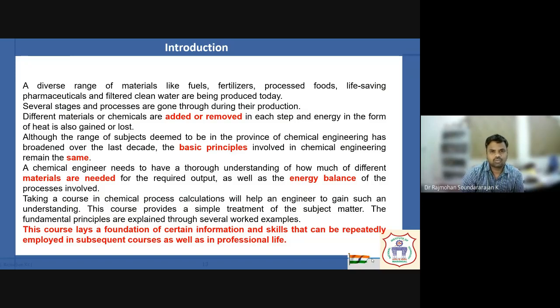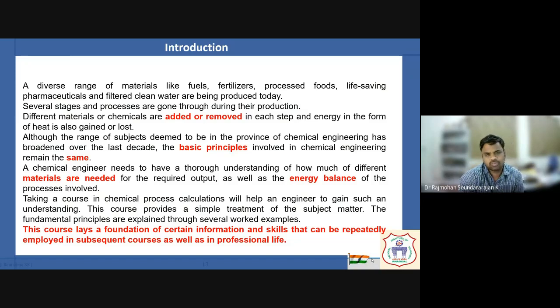So we are slowly, after completing our basic courses like physics, chemistry, workshop, and electrical and electronic courses, getting to know what a chemical engineer is, what we are going to do as a chemical engineer in the future, and how we are useful to the society. All that we are trying to learn, right? So this course, particularly chemical process calculation, will help you as an engineer to gain such knowledge, where we will come to know what quantum of material is being processed, how much raw material is required, how much energy is required, even, as I said, what kind of pump we have to keep for a given operation to pump a liquid from one place to another in a chemical industry. All that we will be doing.